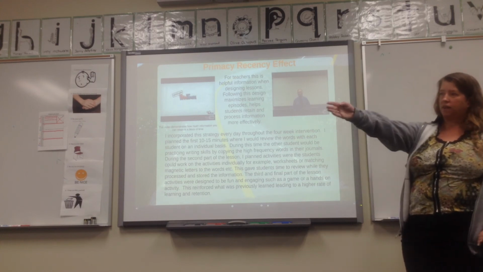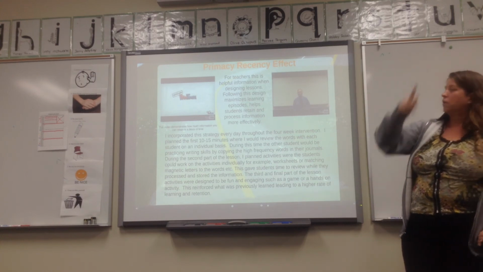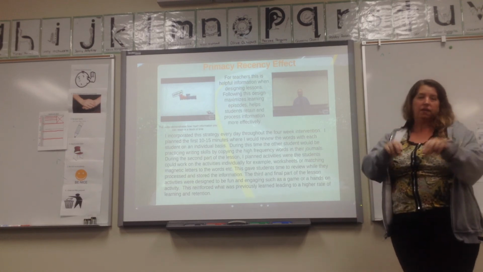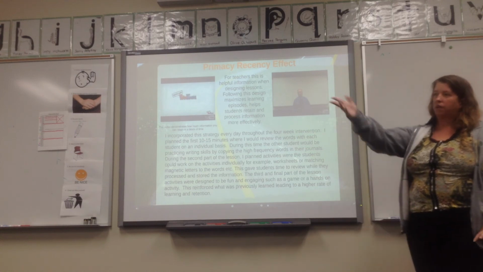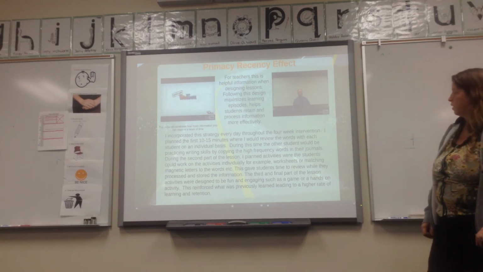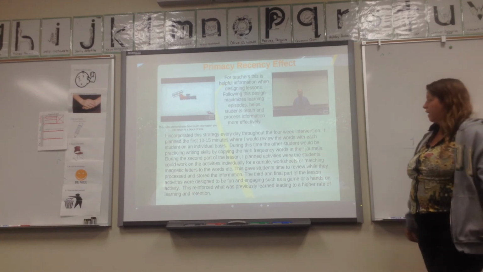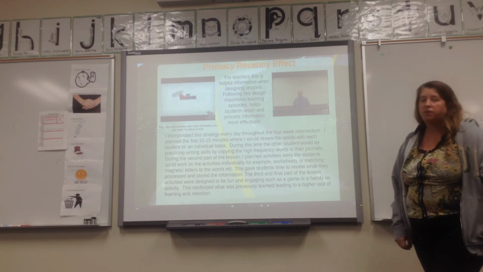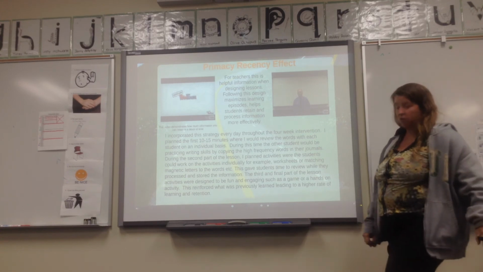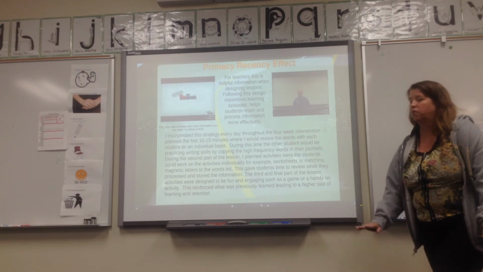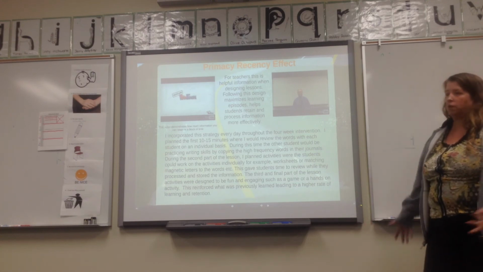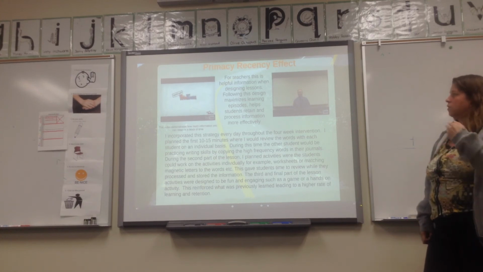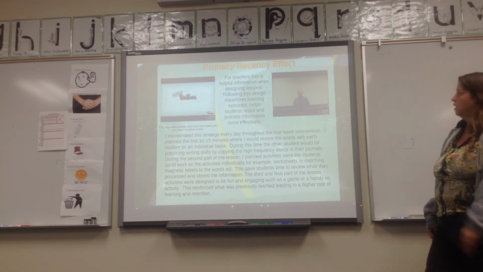So like an art activity, like that art activity, or the chains. Or what they really loved, of course, was the word cookies, where they'd roll out the dough and make a letter, and then their cookie would say the word again, of or is, or those types of high frequency words. They also did pudding. That was a big, highly engaging activity because they got to eat their creations. We played hopscotch, where they would jump on the words, and I'd have them read the words when they jumped on them. We played rolling the ball activities. So those are all types of activities that were designed to help them remember, help them retain the information.